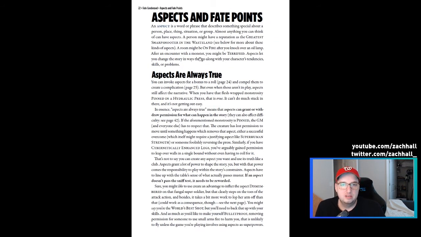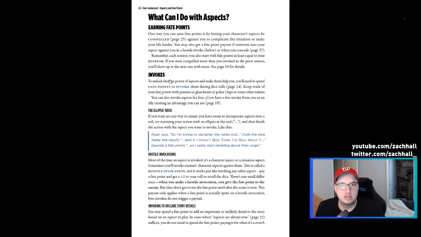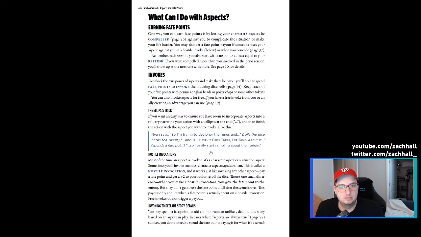So we got aspects. Big picture about aspects, I don't think these have changed at all. They're talking about compelling aspects, different kinds of aspects, like character aspects, situational aspects, boosts. I will say the ellipsis trick is really great. If you want an easy way to ensure you have room to incorporate aspects into a role, try narrating your action with an ellipsis at the end, and then finish the action with the aspect you want to invoke, like this. Ryan says, I'm trying to decipher the runes, and...